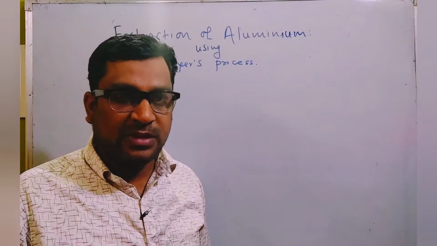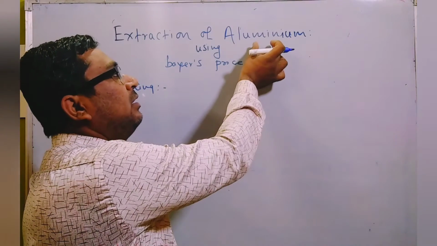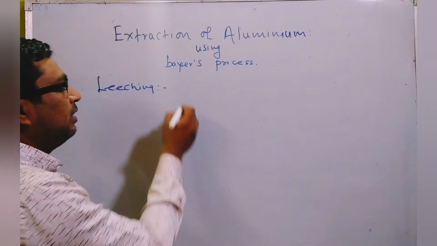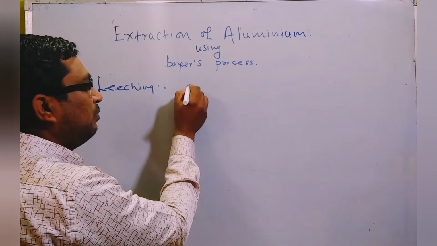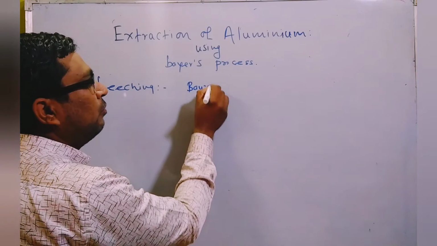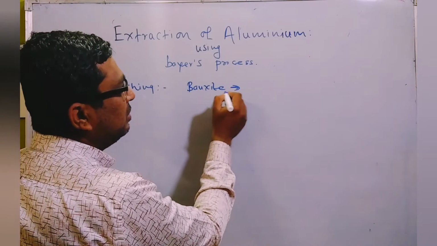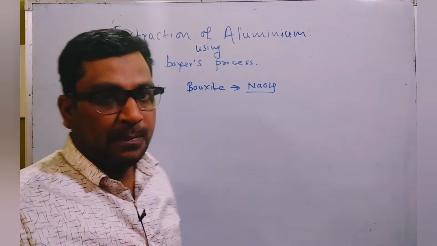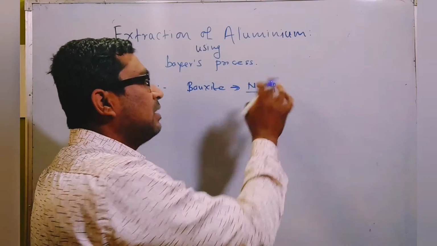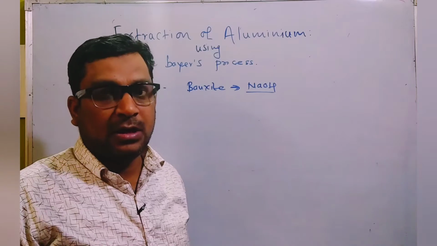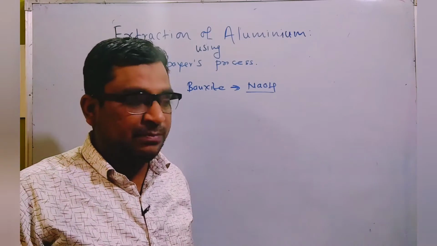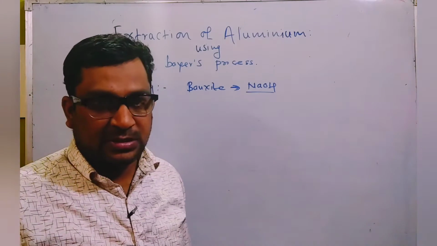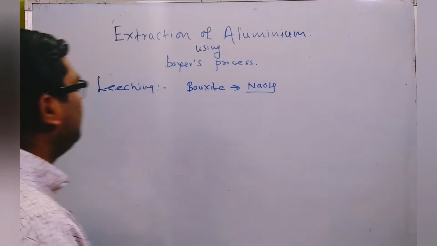Leaching is a process in which the particular metal compound is completely dissolved in a particular solution. For example, in the leaching of bauxite ore for aluminium, we soak the bauxite ore in a solution of caustic soda for some time. The ore is completely dissolved in this solution, while the gangue particles do not dissolve, and using a simple filtration process we separate the gangue particles. In that way the leaching process is done. For this, observe step by step what we have to do now.